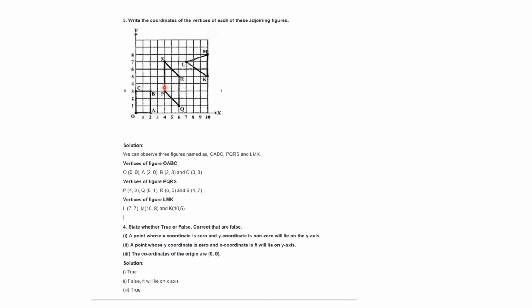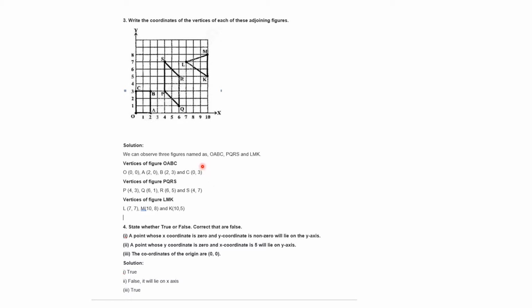Okay, just see the point where the cursor is moving, so that you can clearly understand how we are getting the points. For C, just see here it is C. So X is 0 and Y is 3. So for C it is (0, 3). Similarly, we will find coordinates for the rest of the points also.